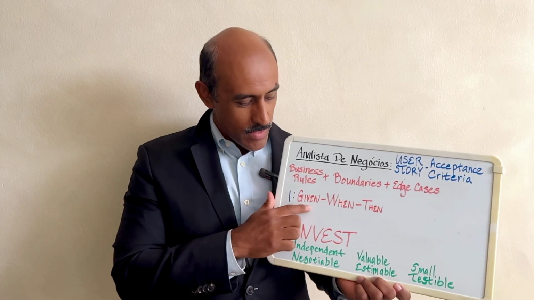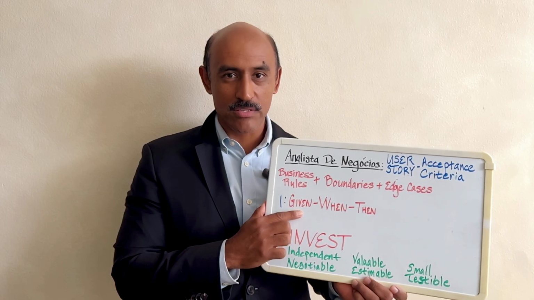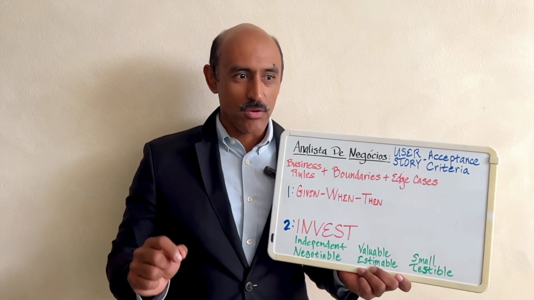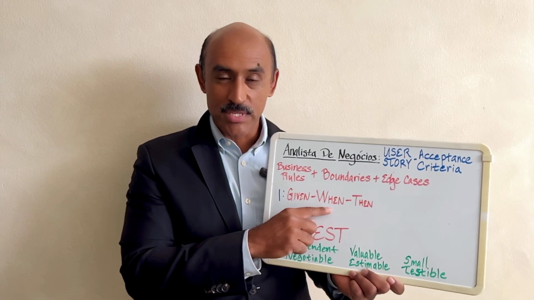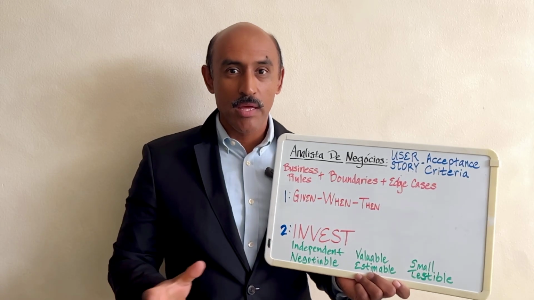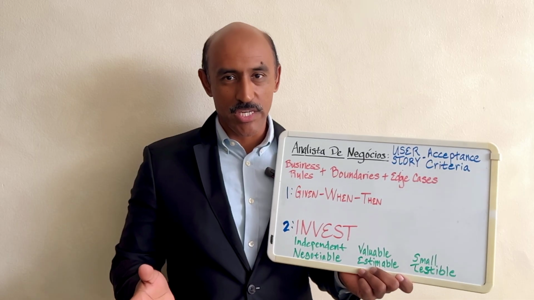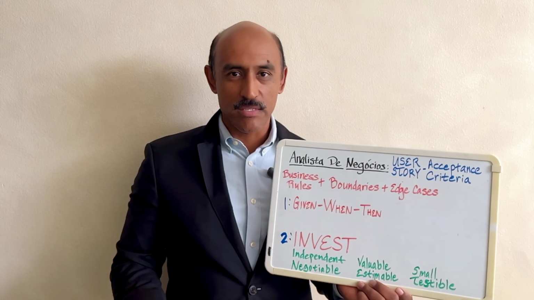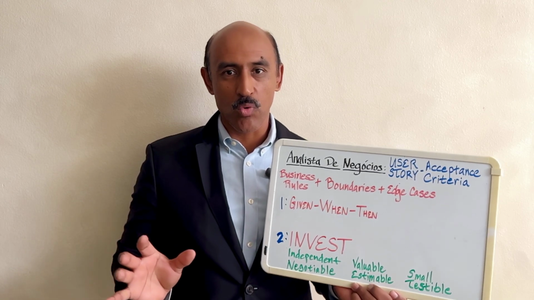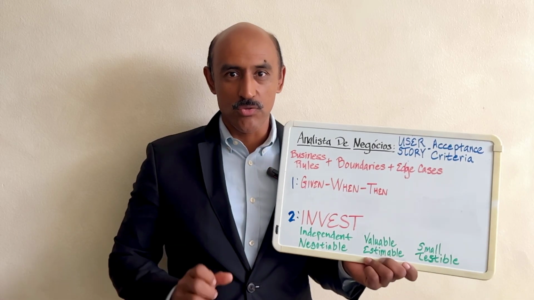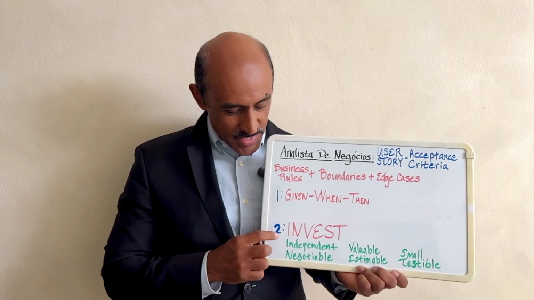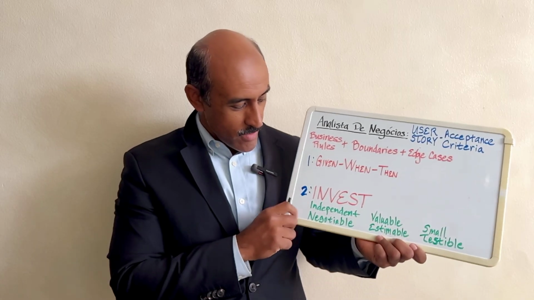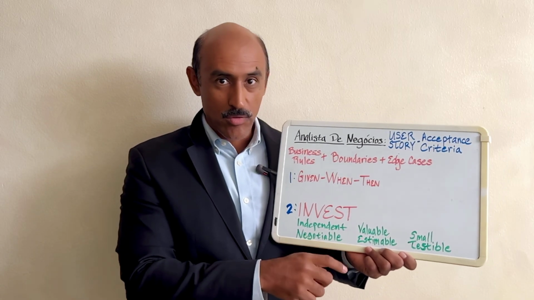You want to give the initial context. So, given that this might be a first-time business user, when he comes into this particular page, you're going to show him this particular information, if we're talking about the checkout experience. And then once this is triggered, this is the result. As you can see, you're trying to imagine what this user is going to experience. But the second item, the shorthand INVEST, stands for independent, negotiable, valuable, estimable,